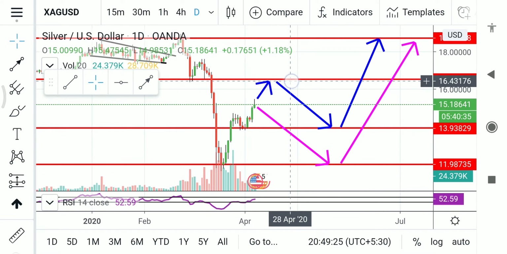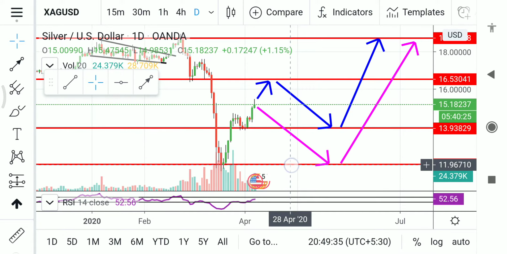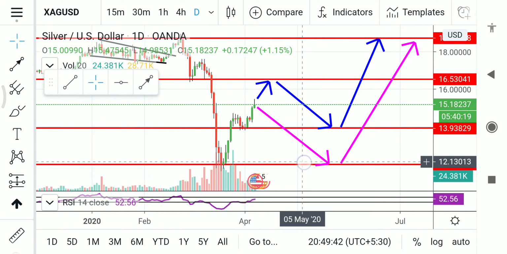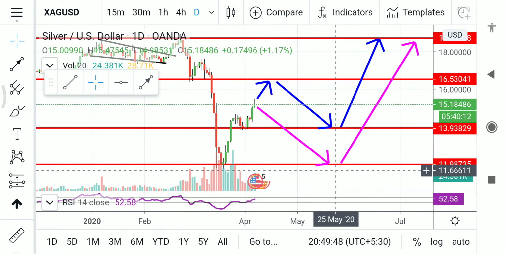If it goes to 16.5, wait for retracement and then add on. My advice is to add one lot at 14, one lot at 13, one lot at 12, and wait for it. The more the silver falls, it will give you a chance to exit your position in